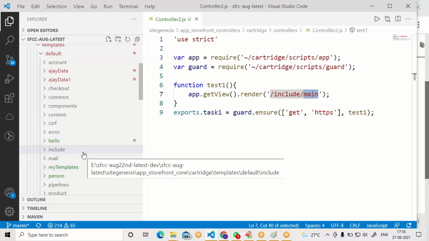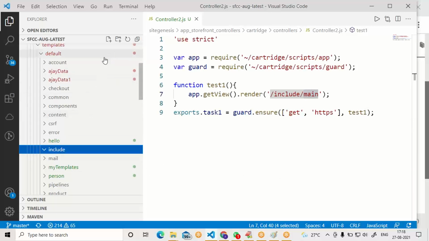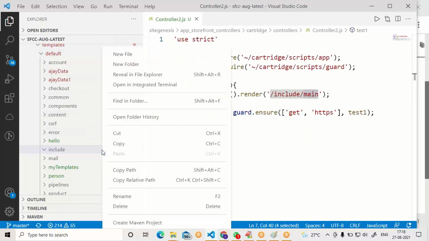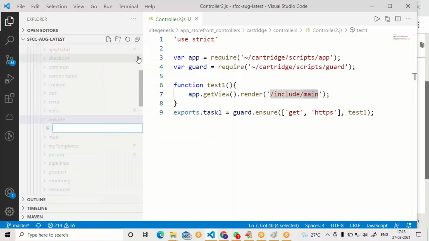Try developing main.isml inside the include. Right click on include, new file. The file name should be main.isml.